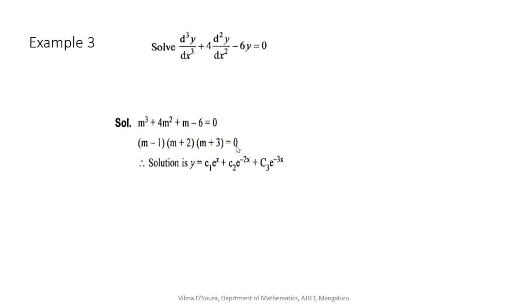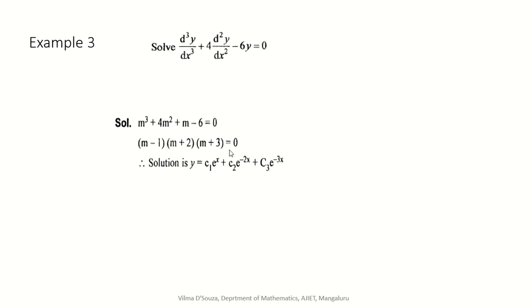Need not factorize. If you are finding factorization difficult, you can go for the calculator. So solve this equation in the calculator. You will get the roots as 1, -2 and -3. I have not written the roots: 1, -2 and -3. You can observe that 1, -2, -3 are all real numbers and they are distinct.